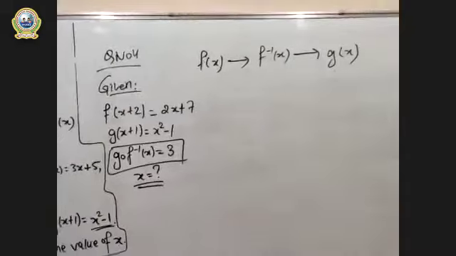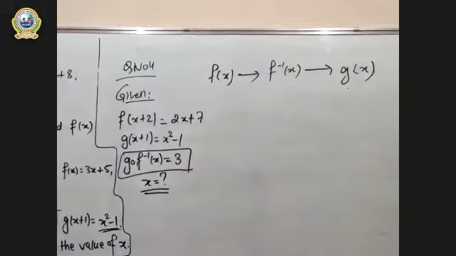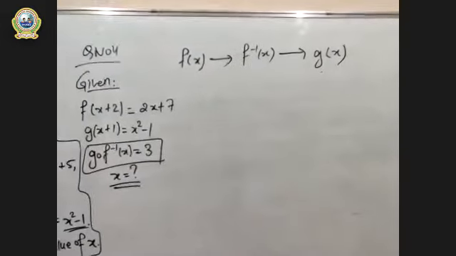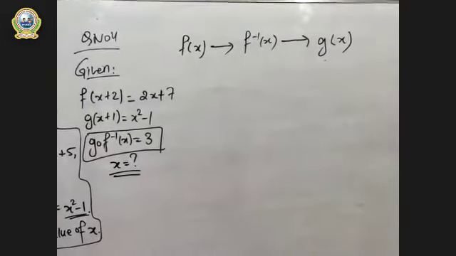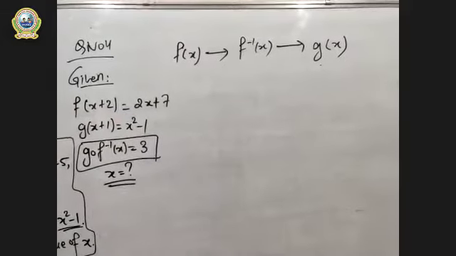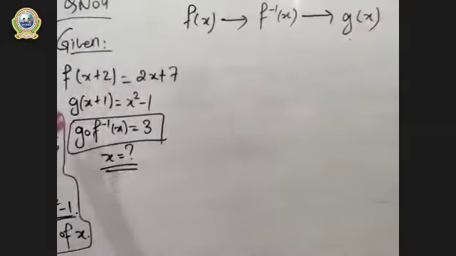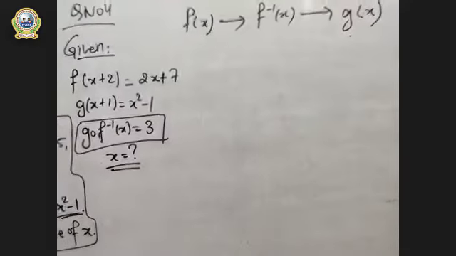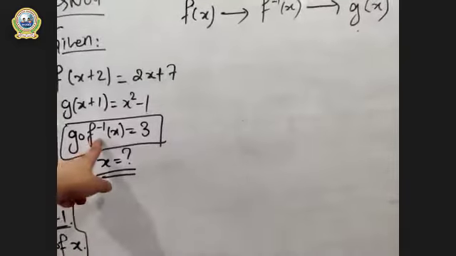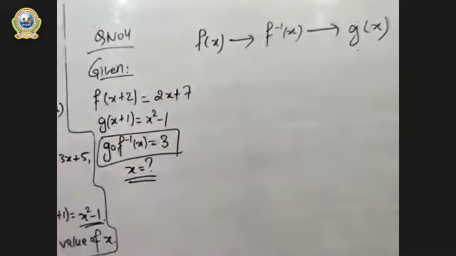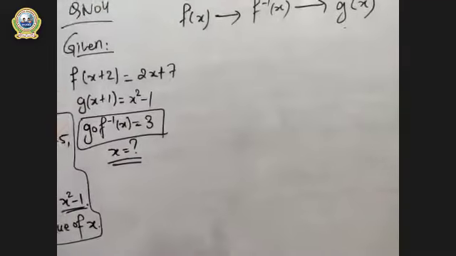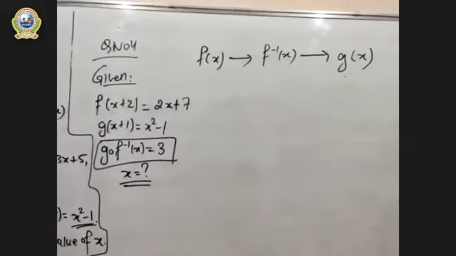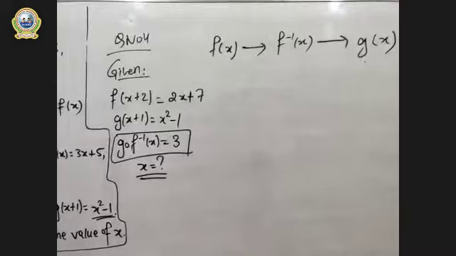So in first step, we will calculate f(x). And in the second step, we will calculate f inverse x. And in the third one, we will calculate g(x). Now you might ask, why aren't we calculating g inverse x? Because look at the given. Is there any sign of g inverse? Nowhere. There is only f inverse x. We don't have g inverse x in our question. So no necessary to calculate g inverse x.